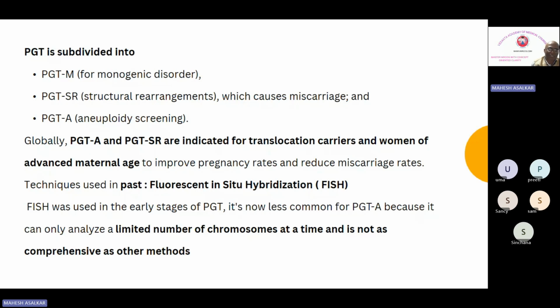Okay, what was the technique which was used in the past? They have used the FISH technique, but nowadays they are not using FISH. FISH has got certain disadvantages. FISH was used in the early stages of PGT. It's now less common for PGTA because it can only analyze limited number of chromosomes at a time and is not comprehensive as other methods. Okay,